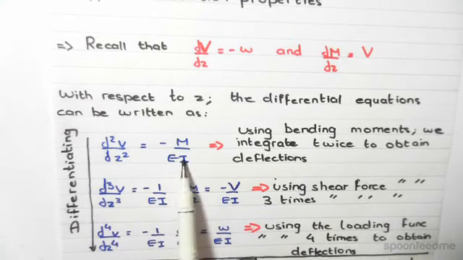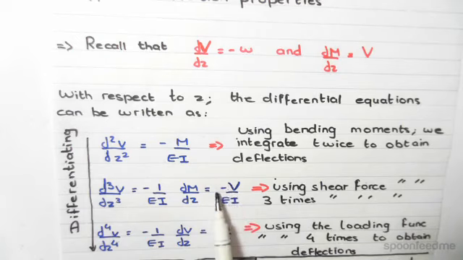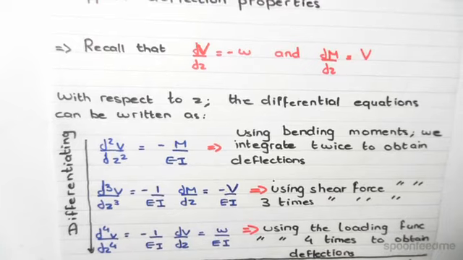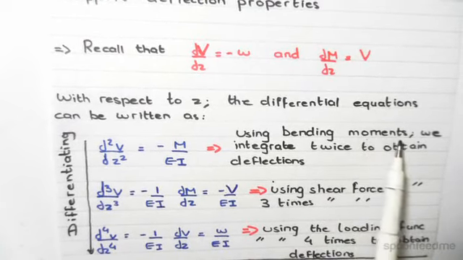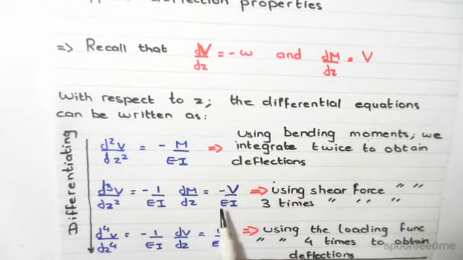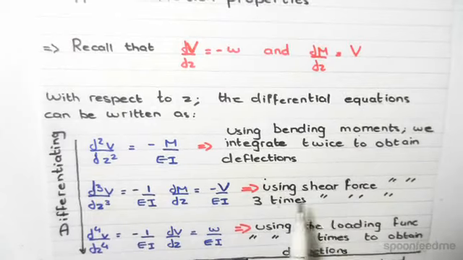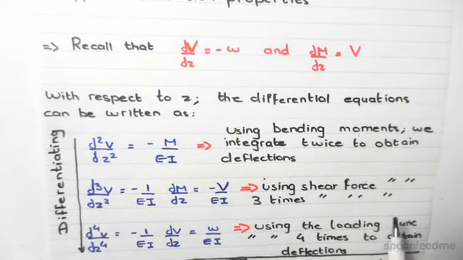So minus M on EI differentiated once gives us minus V on EI. Differentiated again, since it's the negative of this differential, the negative cancels with this, and we get the loading function w on EI. Okay, so we can integrate the bending moment twice to get deflections. We can integrate the shear force 3 times. This equation can be integrated 3 times to get the deflection, or we can integrate